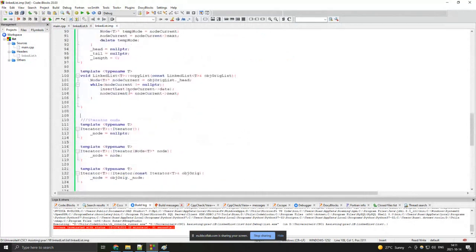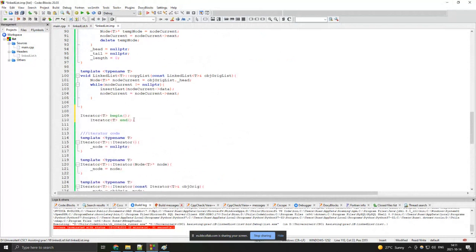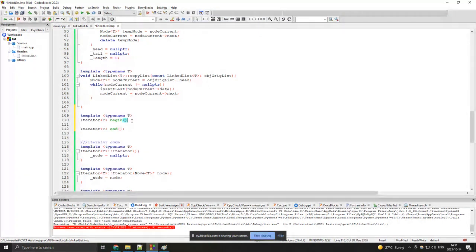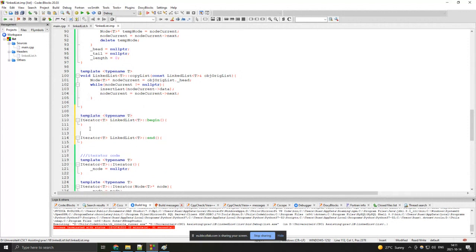So this is the iterator code, this is the end of the linked list code, and then we can add this over here. So once again, all the template stuff, iterator, and this will belong to linked list. So linked list begin, linked list end, and a template for the end as well. Okay,